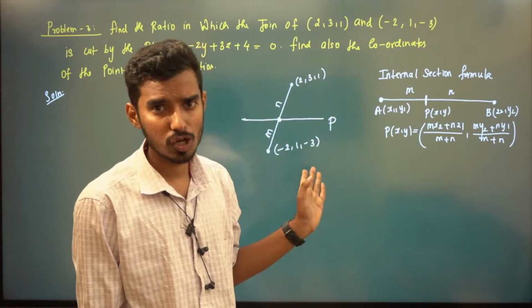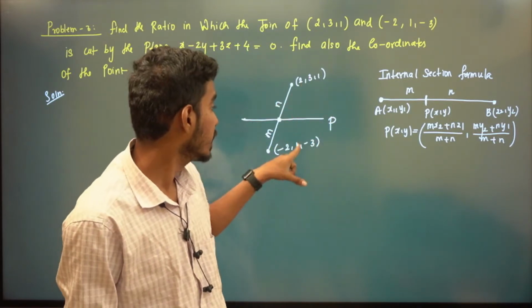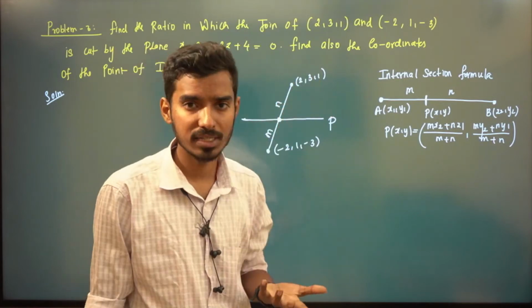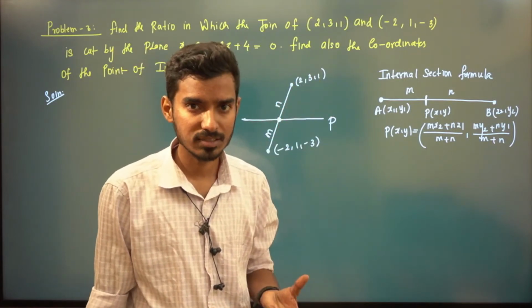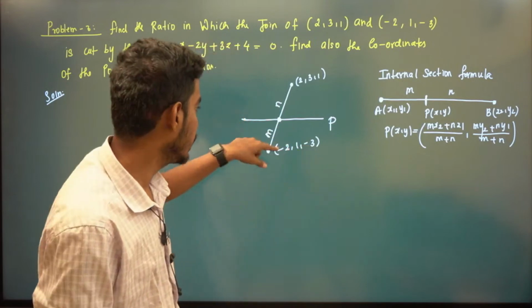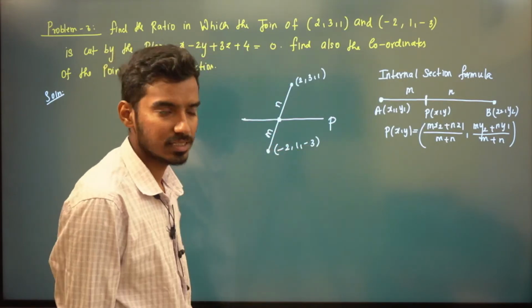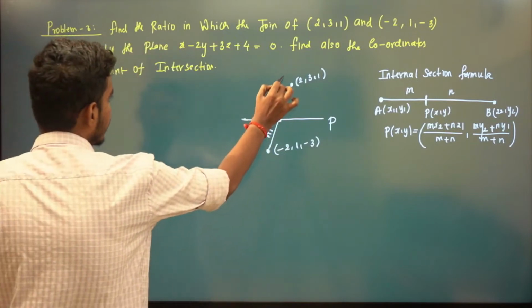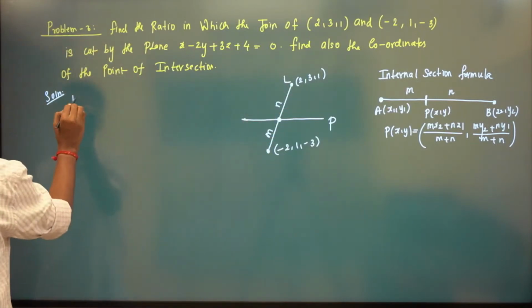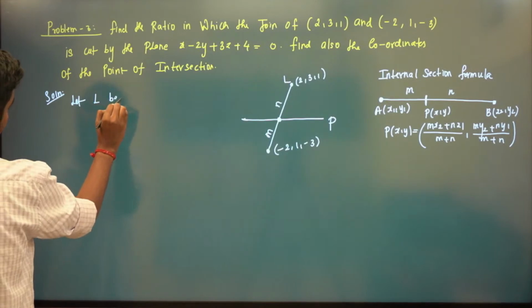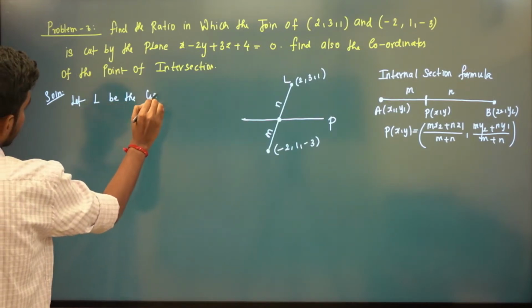What is the direction ratio of this line? It is nothing but x2 minus x1, y2 minus y1, z2 minus z1. This is a very basic concept, right? The direction ratio of this line is x2 minus x1, y2 minus y1, z2 minus z1. So let L be the line